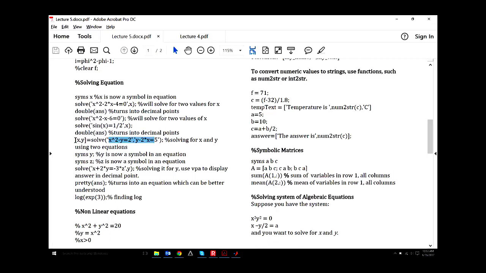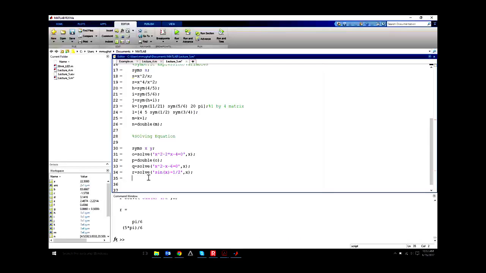What you could do is also make variables here, so that the value for x will go into variable x, and the value for y will go into variable y. I'll just go with s and t